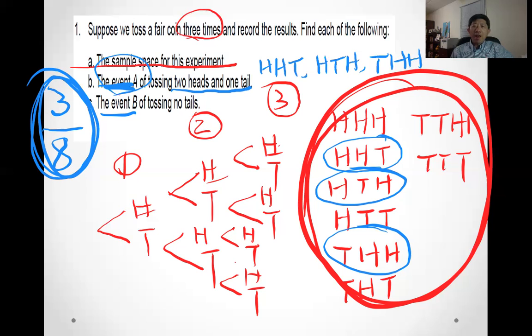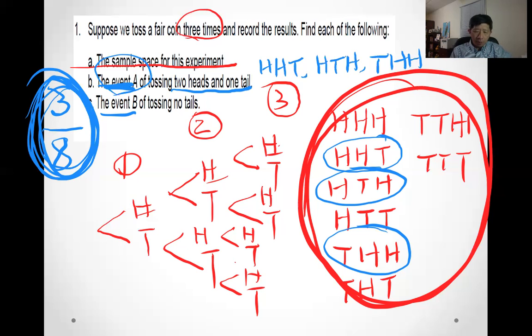Now, if I ask you what is the probability of X, you give a number, right? But for an event, you don't give a number. An event just shows what the possible outcome is, okay? So the probability will be 3 out of 8, right? And what about the event of tossing